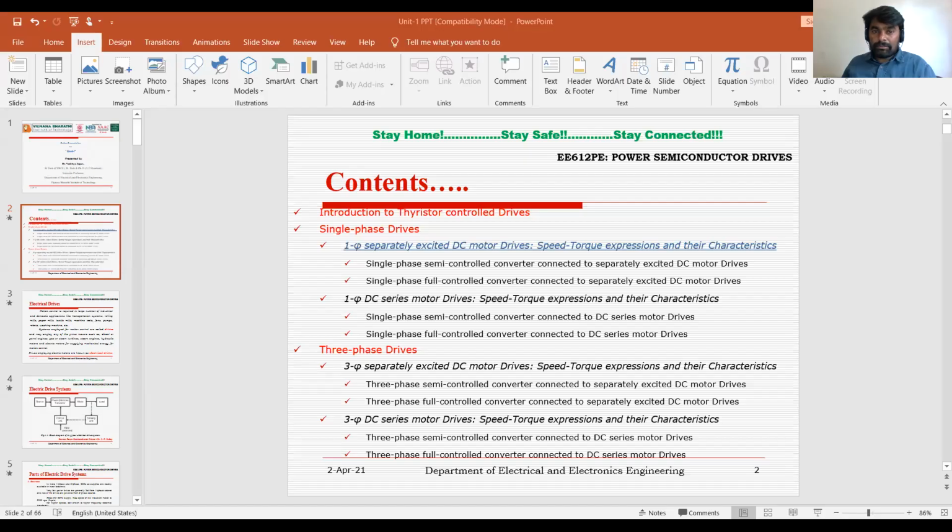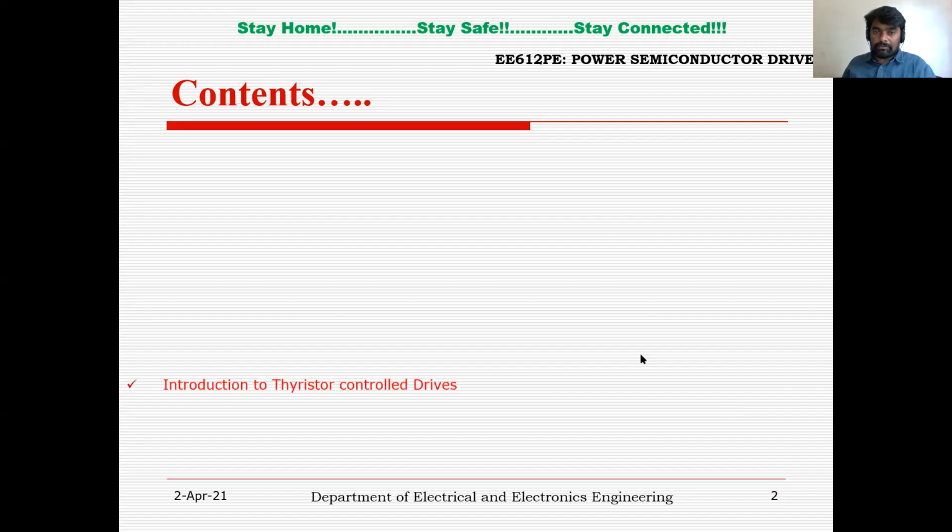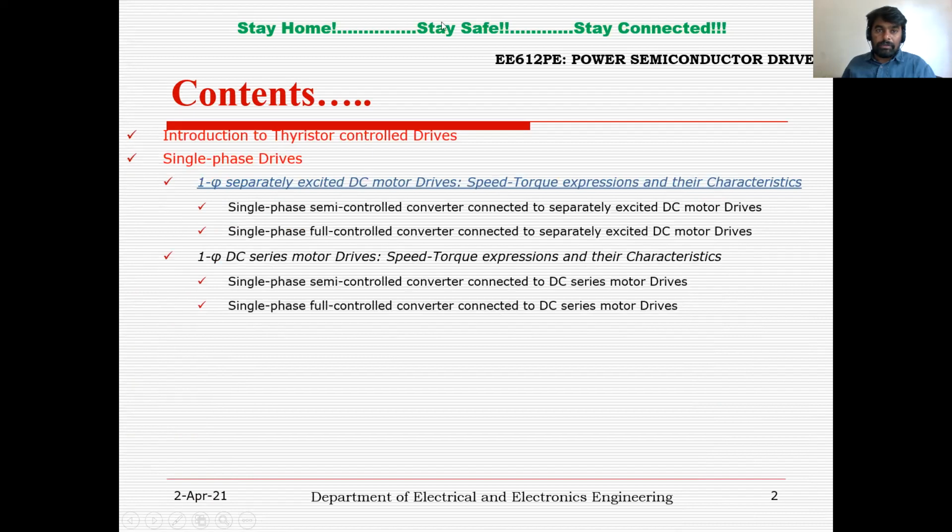In the last video, I explained about the thyristor control drives, the basic block diagram, and the components which are there in the electrical drive system. There are 6 components: source, power modulator, motor, load, sensing unit, and control unit. Right. So in this lecture, I am going to explain about the speed control of